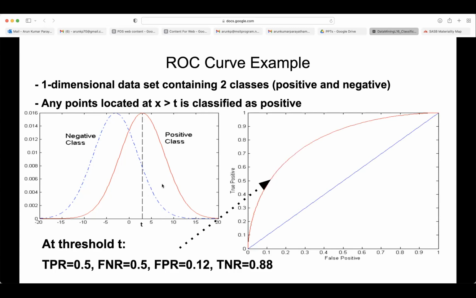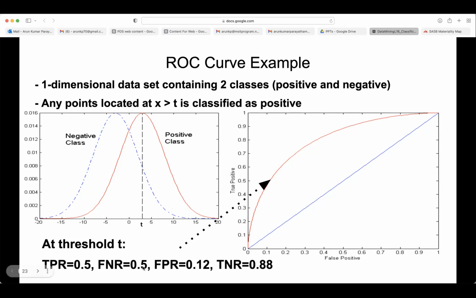So your true positive rate will go down if you say that only the blue line is the border. You are taking only what is after the blue line, though you have seen some examples before it. If you predict only elements after the blue line, then you may be good with the precision, not with the recall. So here at the threshold T, TPR equal to 0.5, true positive rate means only half of them you are able to catch.